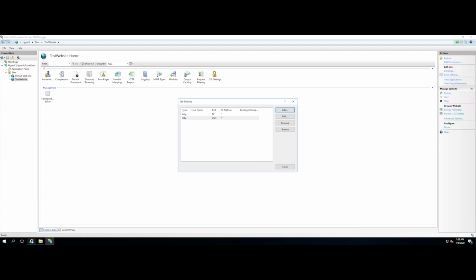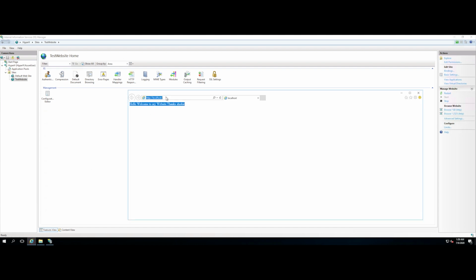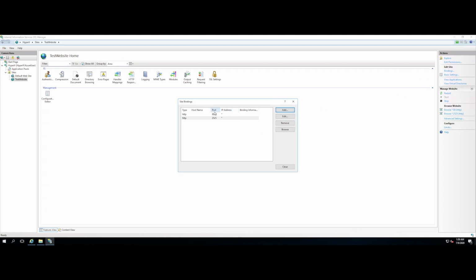Okay, now let me show you. You go to localhost and you do port 2525. Voila, you still got the same website. So these bindings and options are available here if you want to put your website. If there are so many websites here, just imagine